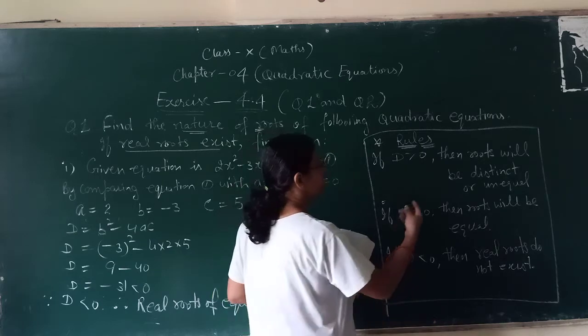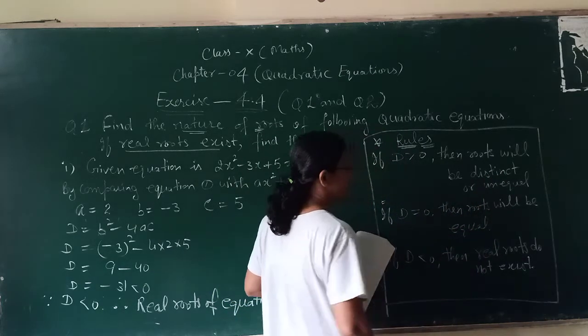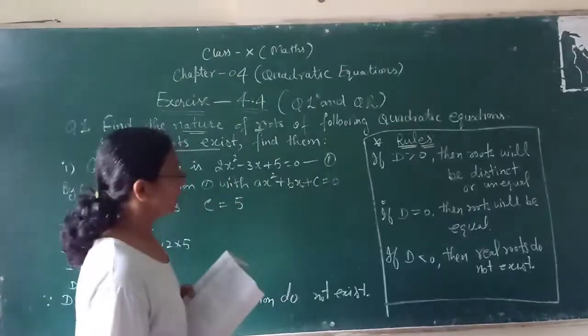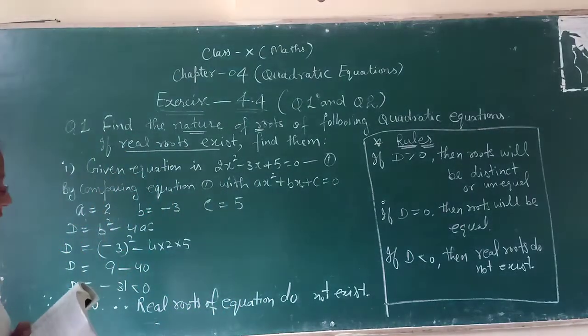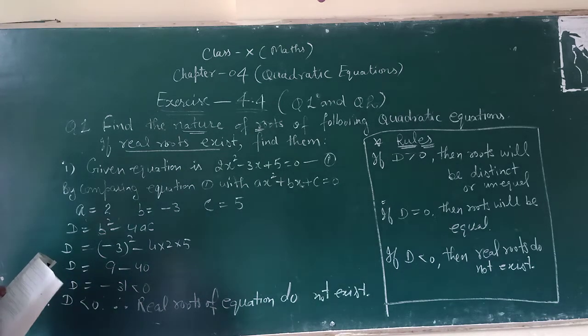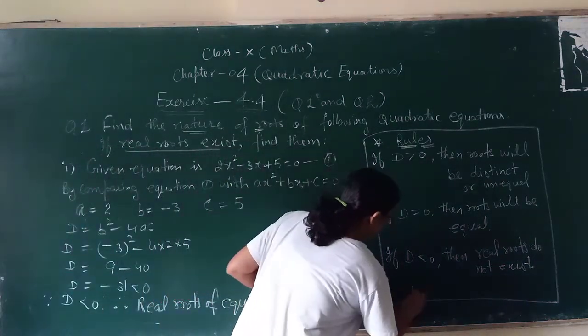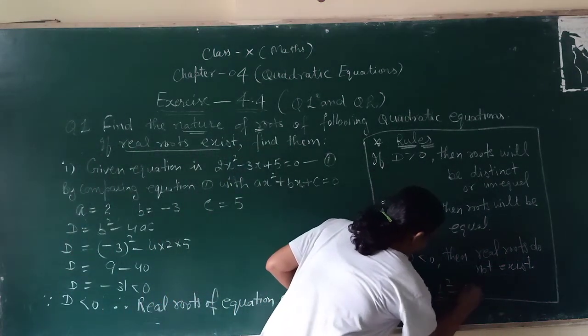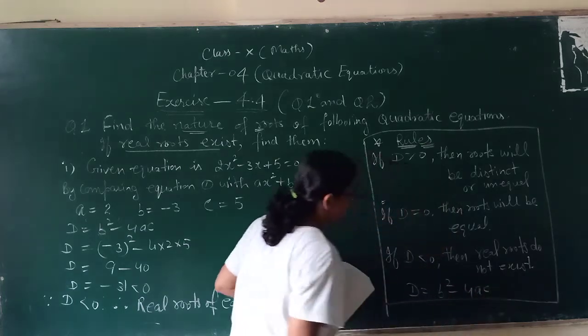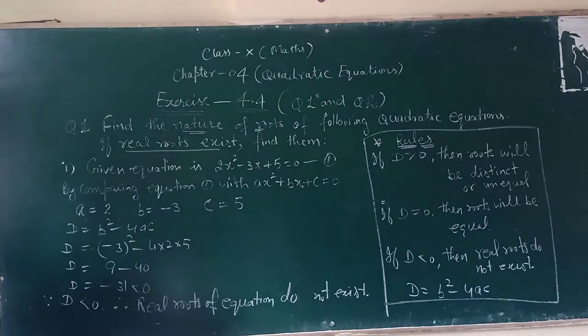These conditions: the roots will be unequal in one case, equal in another, but where real roots do not exist, we do not need to go further. There are imaginary roots there, but that is not in your syllabus. Firstly, we need to learn the conditions. And what is D? Again I will tell you: b square minus 4ac. This is D, the discriminant.